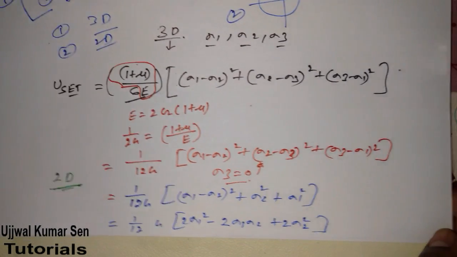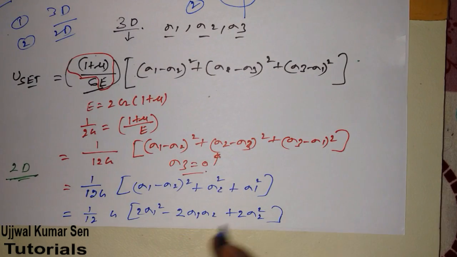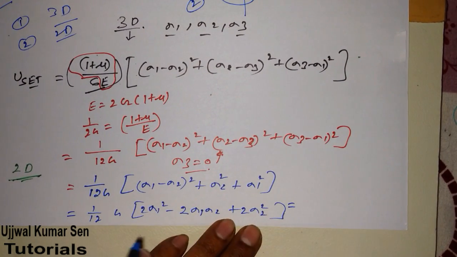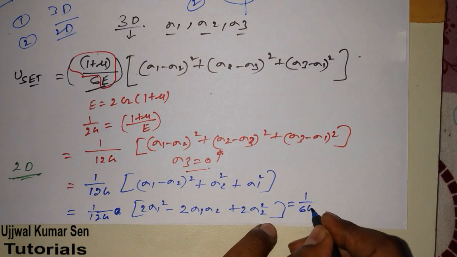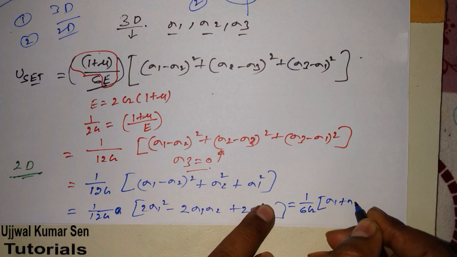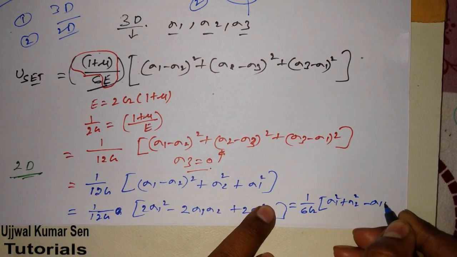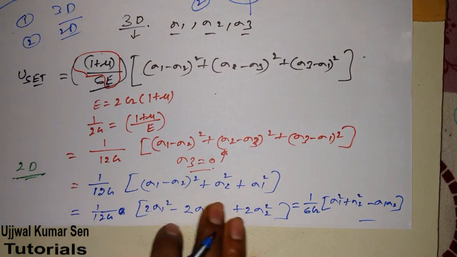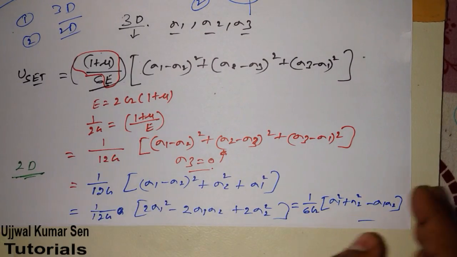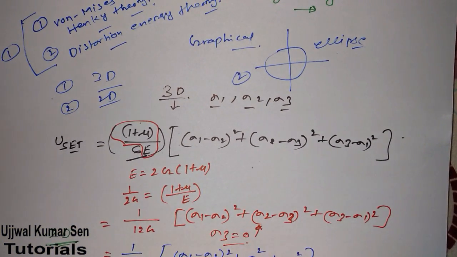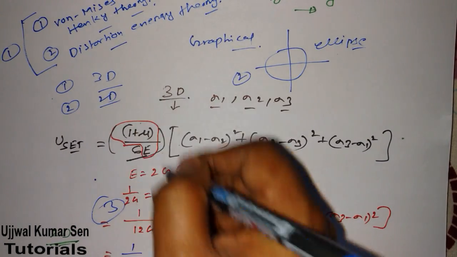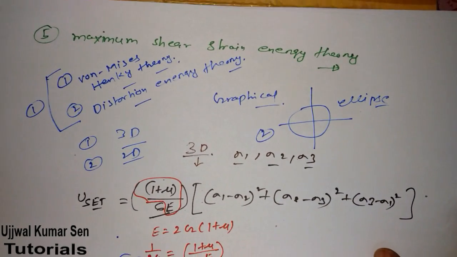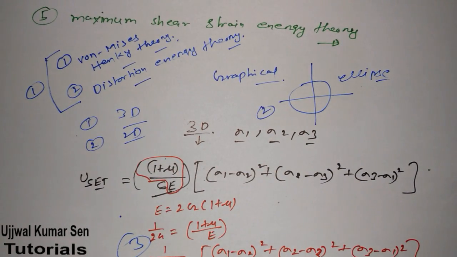Now we can do another thing here: we can take common 2 from this. So after taking the common factor, we get 1 by 6G times [sigma 1 square plus sigma 2 square minus sigma 1 sigma 2]. So this is for 2D and the earlier one is for 3D. We can use these two formulas. So we need to remember these 4 things in case of this maximum shear strain energy theory. I hope you understand the